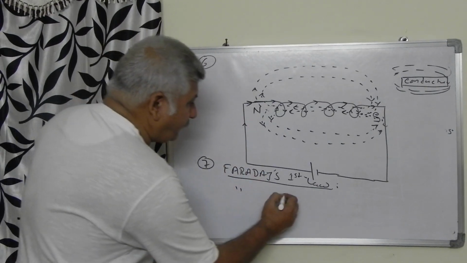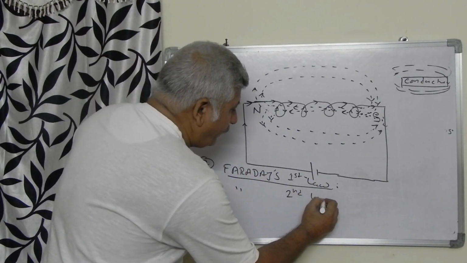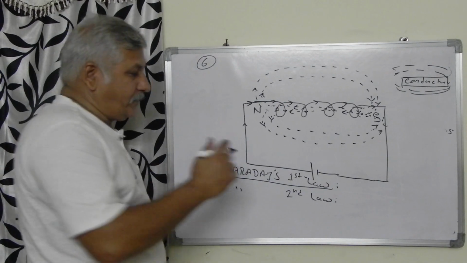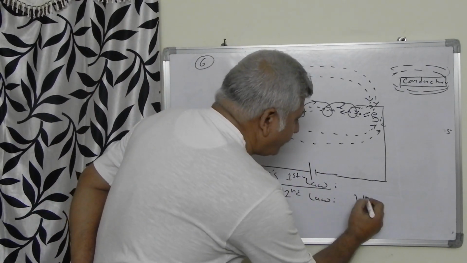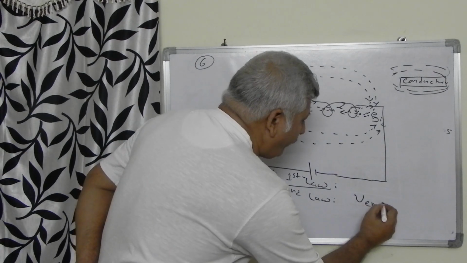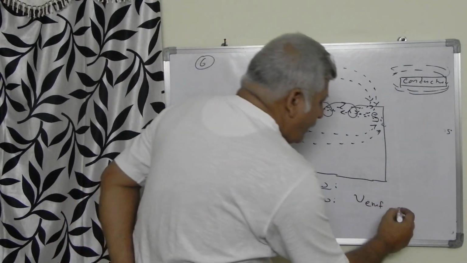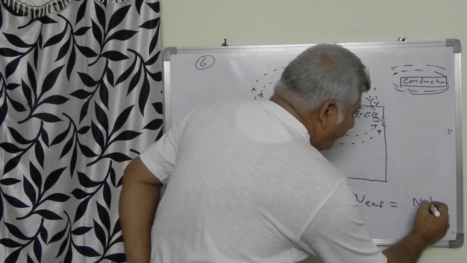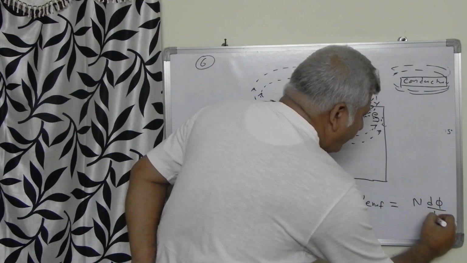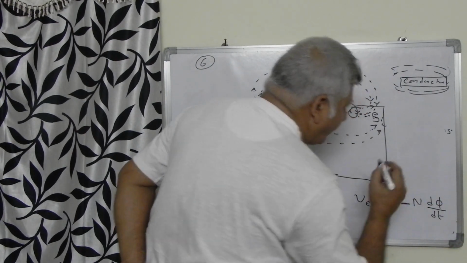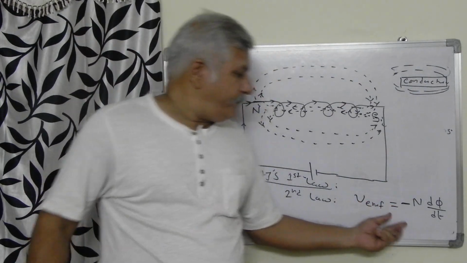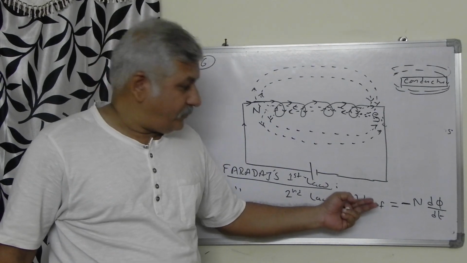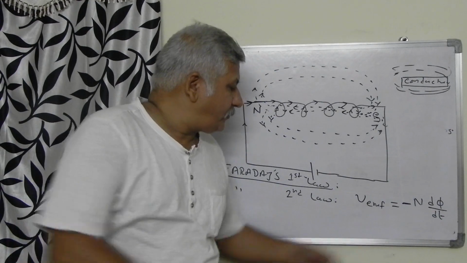And Faraday's second law says that the induced voltage, we write the induced voltage by V EMF, induced voltage is equal to N d phi by dt, and here there is minus sign. This expression is related to Faraday's second law, and it means that the induced voltage,